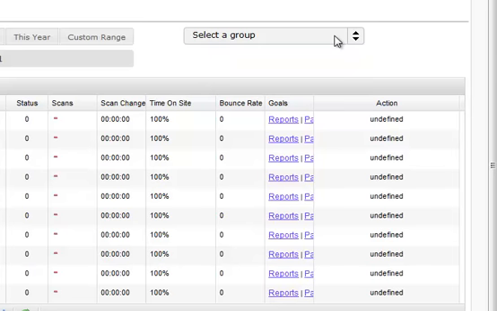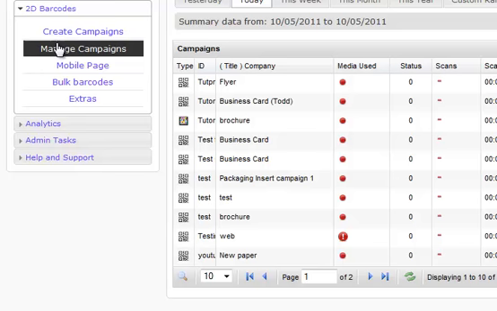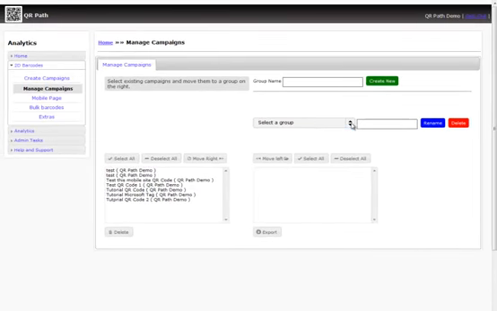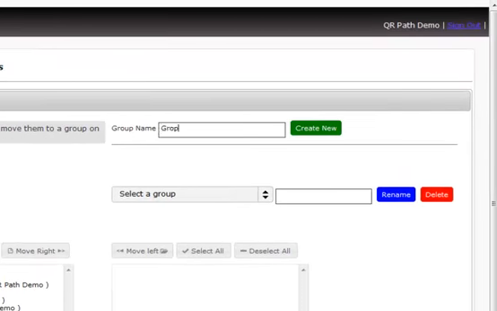How we do this is we simply go over to our 2D barcodes, drop this down, and click Manage Campaigns. When we click on Manage Campaigns, now we're going to see our QR codes that we have here. And then we're going to also see where we can create a group name, where we can select a group name, and where we can move these back and forth. Okay? So the first thing that we want to do is create a group